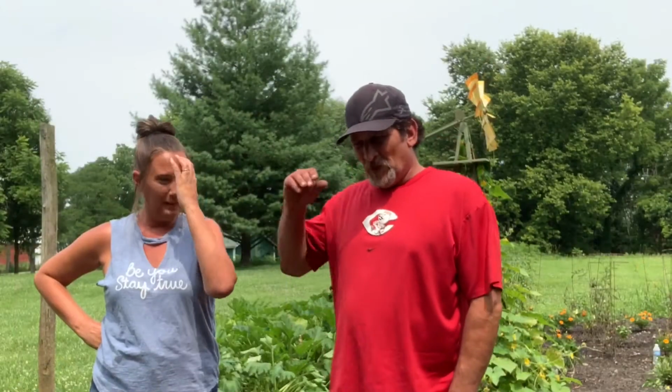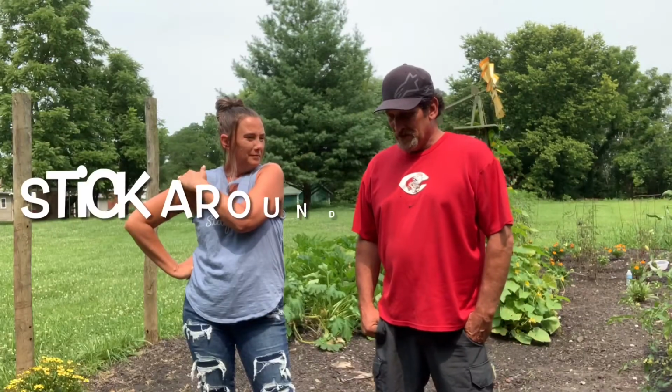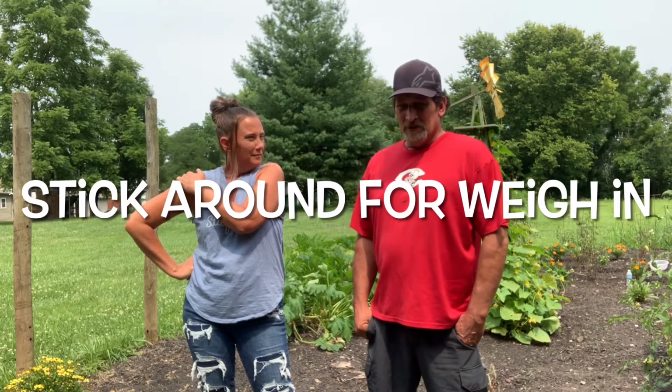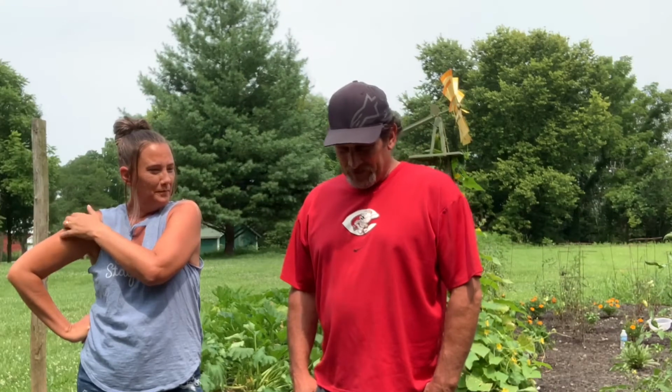But I've been kind of under the weather a little bit, so we got some things growing and I haven't been picking, and plus he just likes doing it. I enjoy this part just because I like seeing all the stuff start coming in, and it seems like I like to do start to finish this year on gardening. So, it seems like you start seeing the fruit of the labor. Yep. We did all this work and we planted all this, and I just want to see it full circle